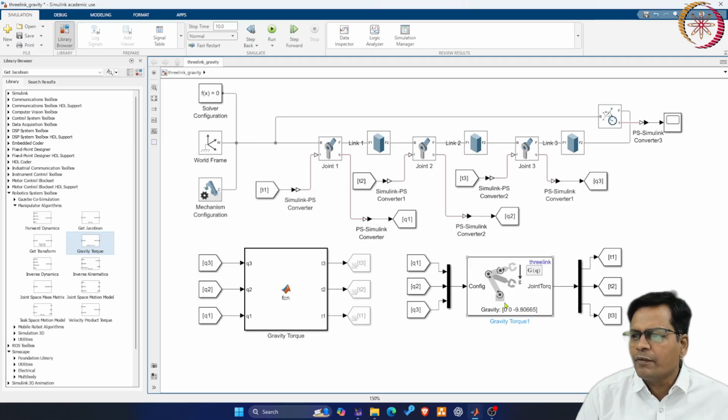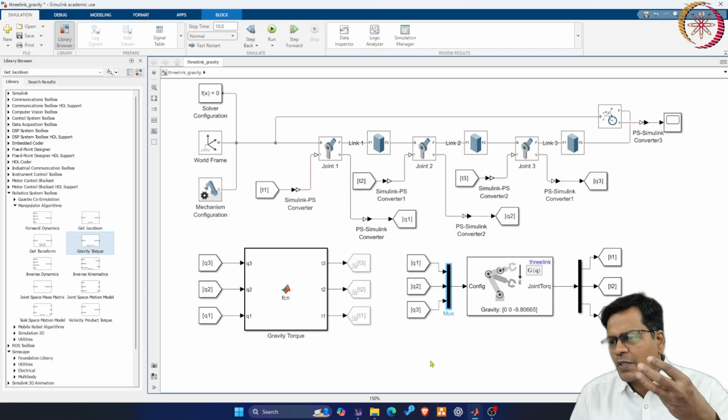That is the gravity it takes by default, and the configuration of the robot is continuously taken from the joint angles, that is Q1, Q2 and Q3. As you can see, it is getting highlighted in the model itself, Q1, Q2 and Q3. That goes as input through a mux channel. Mux basically takes scalar variables and puts them in vector form.